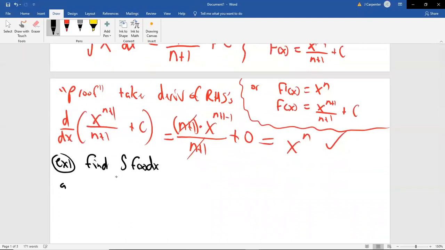So for a, I'm going to give you an original function of x to the 5th. So x to the 5th is our original function, and we're going to find its antiderivative. We're going to find its integral. This is the process of integrating or anti-differentiating. They all mean the same thing. So in red, we'll do the integral of x to the 5th times dx, which, by the way, the dx, this is known as a differential.